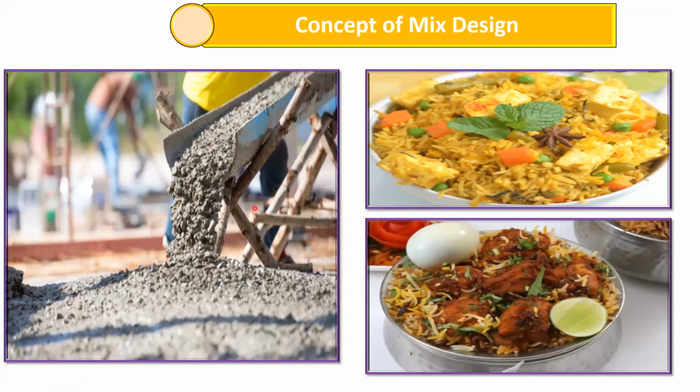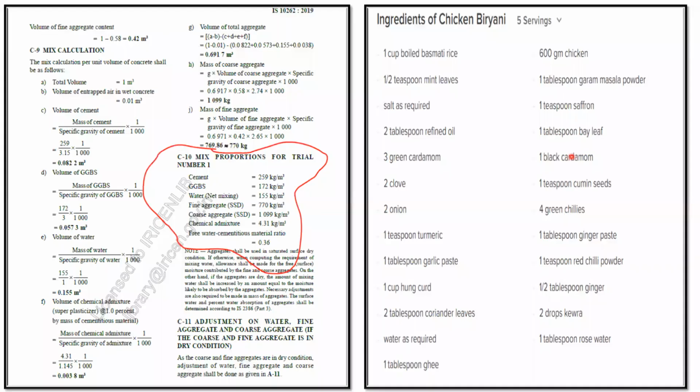But how do you do all these things, right? When I prepare a concrete like this, I should know how much cement, sand, and all I've taken. Similarly, when I prepare a chicken biryani or paneer biryani, I need to understand how much rice I need to take, how much paneer I need to add, how much chilies I need to add, right? All these things we need to understand. Only then can we prepare in that way. This is the final product we get, right? So to understand this in a better way, now look here.